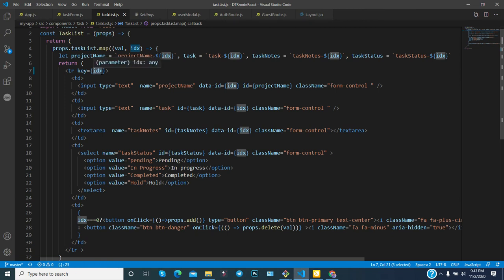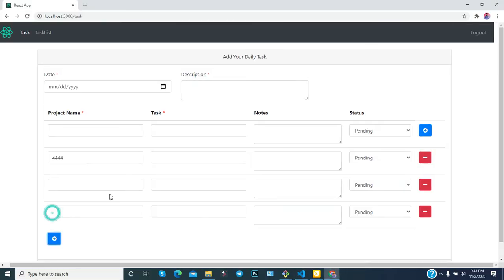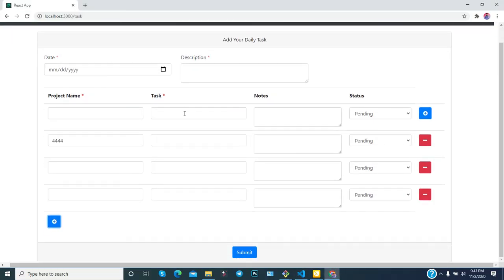Suppose you delete the second row, then this key becomes 1 for the second row. You have deleted the second row, for example, it becomes 1, but after deleting, again it becomes 1, because 0 1 2, the 2 is always unique. If you delete any of the rows, 2 will be available, right? Suppose you delete this row, 0 1 2 3, it means on the third index if you delete,